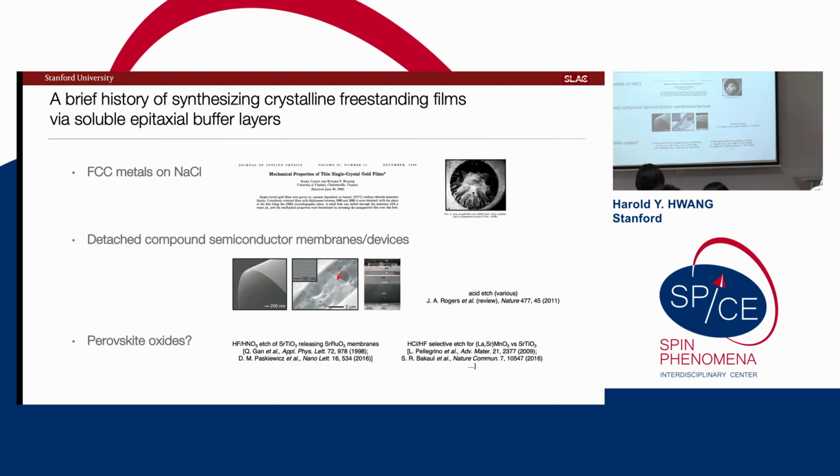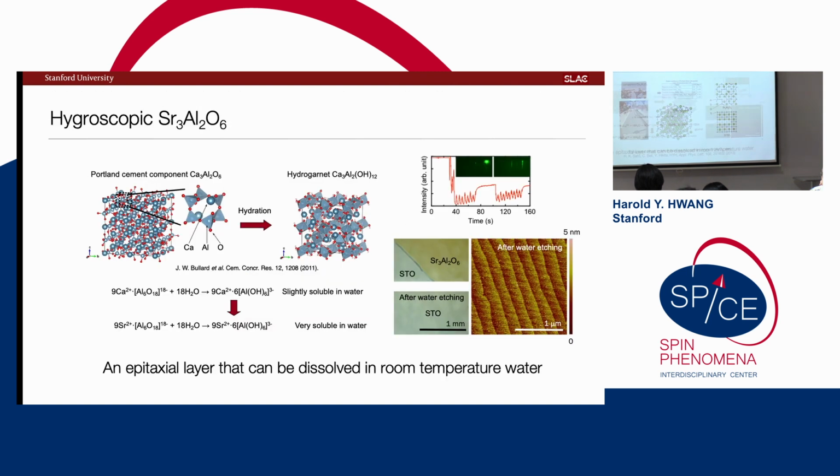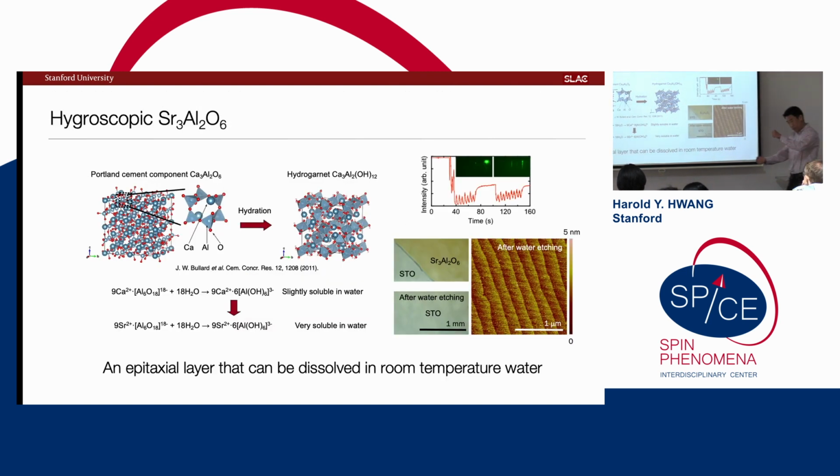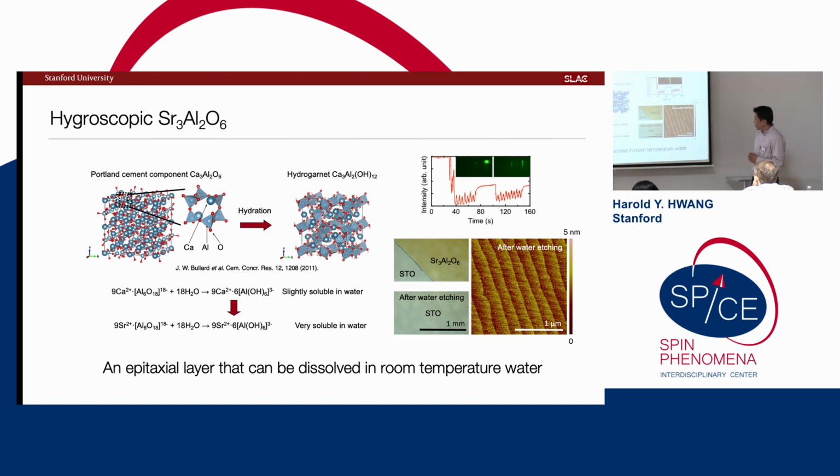Now, what happens in cement is that you get your bag of powder cement, you pour water in, and this thing makes a hydrogarnet. It swells and fixes and binds all the other cement components. What's interesting is that if you go from the calcium version found in cement to strontium, or even further to barium, you get a factor of 20 to 50 enhancement in solubility in water each time, going along with their degree of covalency.